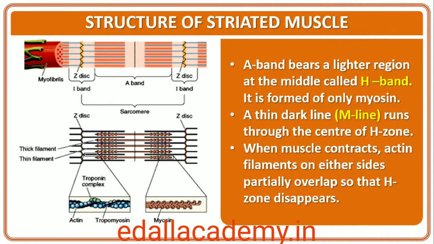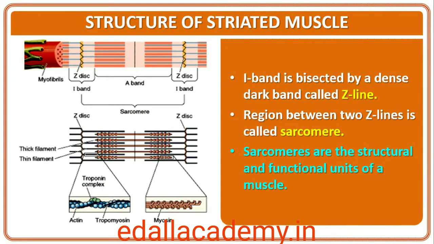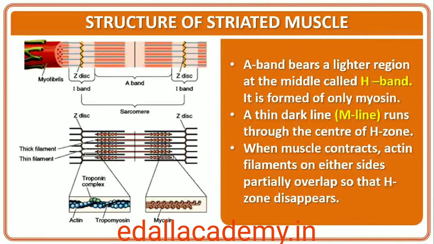The thick filaments in the I-band are also held together in the middle of this band by a thin fibrous membrane called M-line. The A and I bands are arranged alternately throughout the length of the myofibrils. The portion of the myofibril between two successive Z-lines is considered as the functional unit of contraction and is called a sarcomere. In a resting state, the edges of thin filaments on either side of the thick filaments partially overlap the free ends of the thick filaments, leaving the central part of the thick filaments. This central part of thick filament, not overlapped by thin filaments, is called the H-zone.